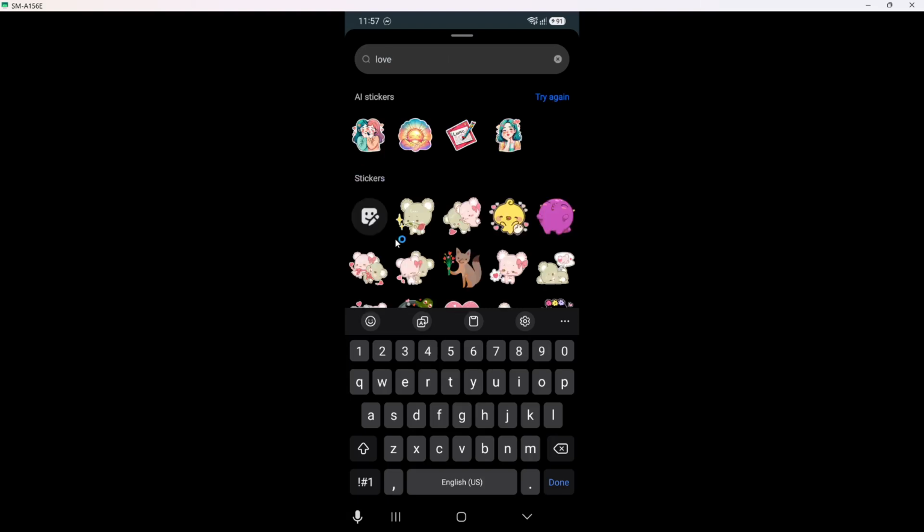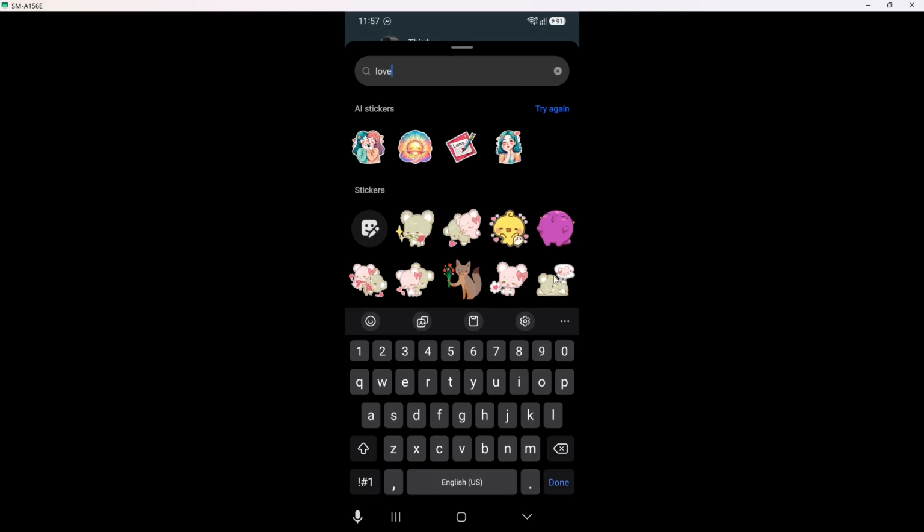Finally, tap the sticker to send it. Once you tap a sticker, you do not need to press any extra send button. Messenger sends it instantly into the chat. You will see the sticker appear right away in the conversation history, aligned on your side, just like a regular message. The other person can view it immediately, and you can send more stickers by tapping additional ones from the panel. To go back to typing, simply tap in the message box, and your keyboard will return.